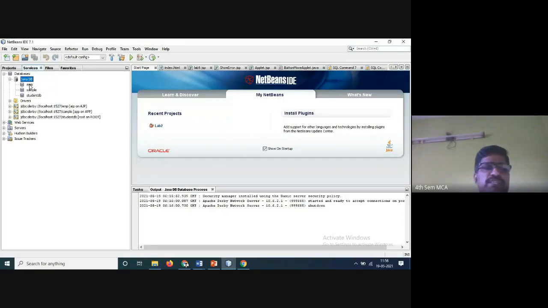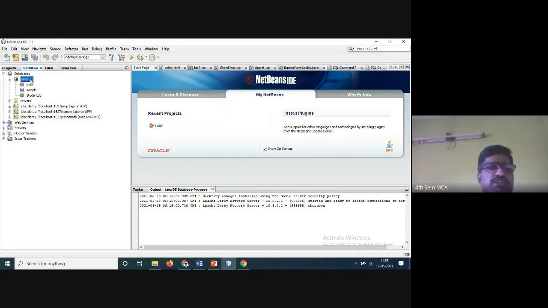So now here how many tables are there? Actually only one table will be there normally, the sample table. For practicing purpose I have created the EMP table and StudentDB table, 2 tables. Don't worry, normally you will be getting only the sample. Now when you right click, start the server. Let us see how to run the server, all those things you will see now.